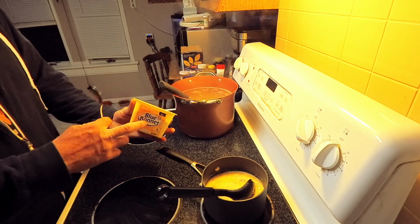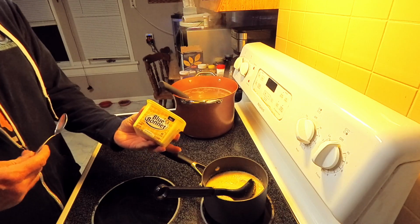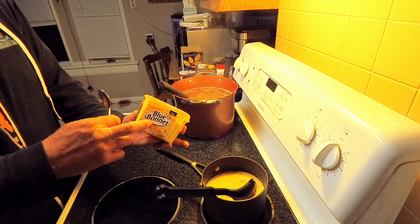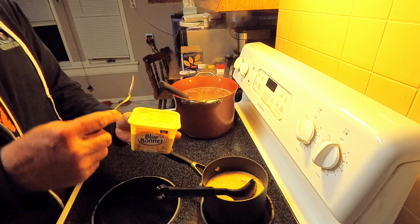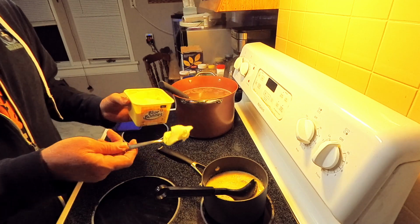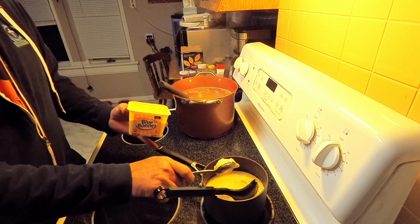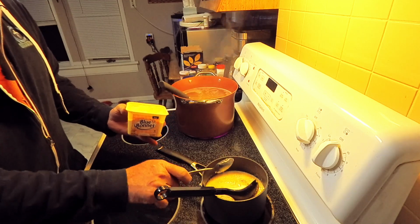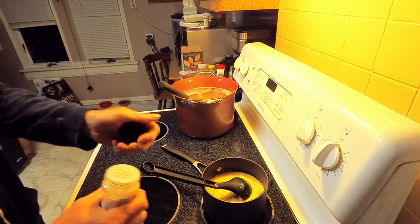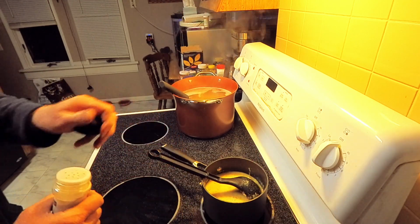Okay, folks, to keep your sauce from burning, and to give it an extra boost of flavor, you want to add 1 heaping teaspoon of butter, preferably Blue Bonnet, because it's lactose free. It's made from vegetables, folks. There ain't no milk in Blue Bonnet at all. If you read the ingredients,